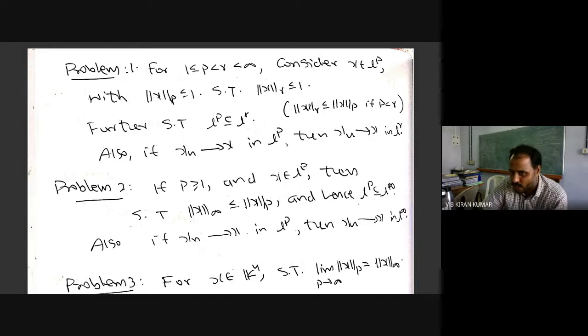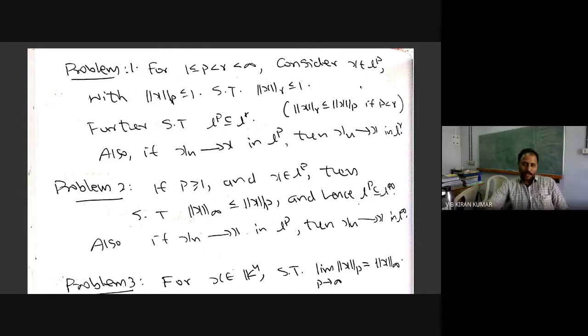So what is the advantage of this? This tells you that ||x||_r is less than or equal to ||x||_p when p is less than r. And it tells you that whenever ||x||_p is finite, then ||x||_r is also finite, right? That means whenever something is in l^p, then it is in l^r. So p less than r will imply l^p is contained in l^r. Is that clear?